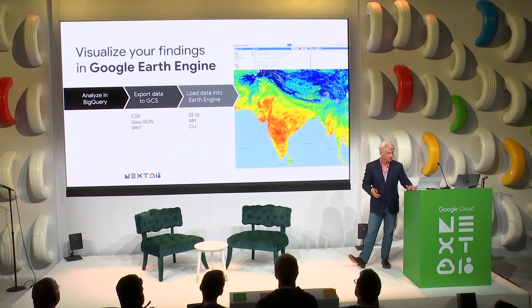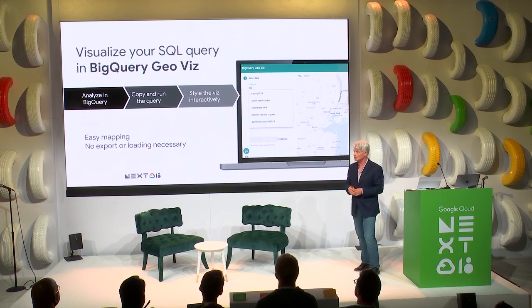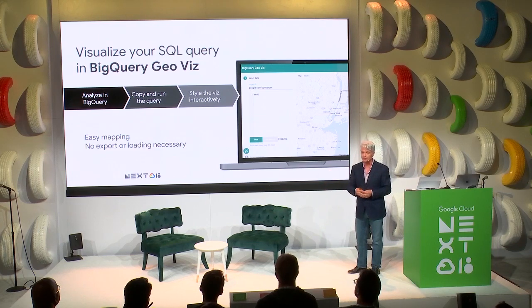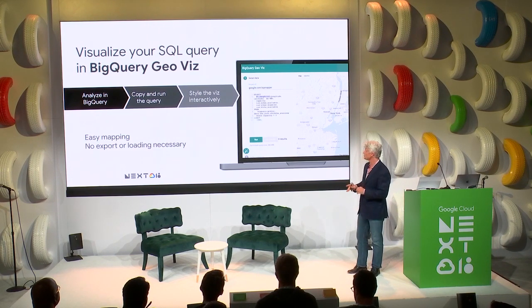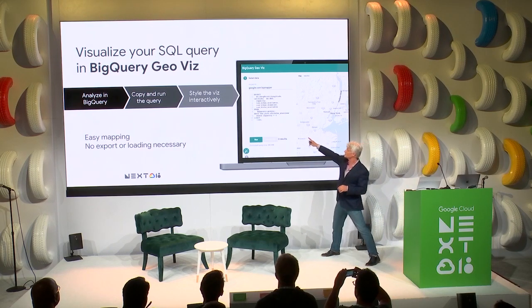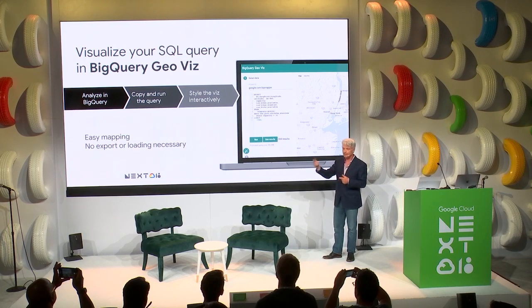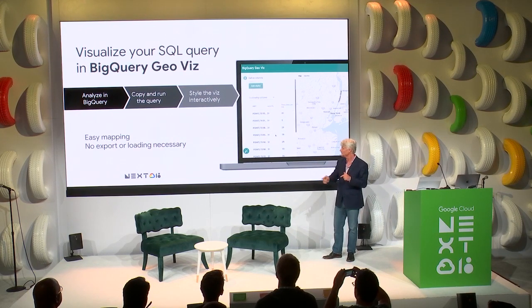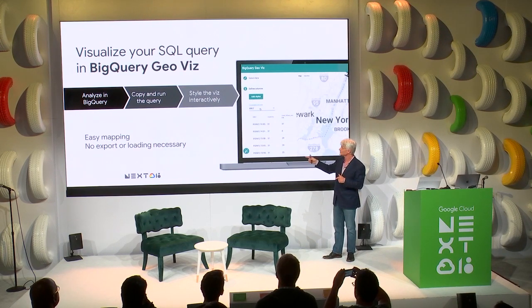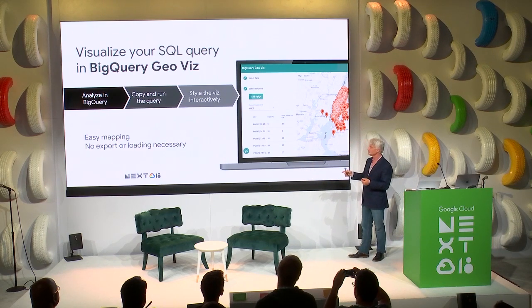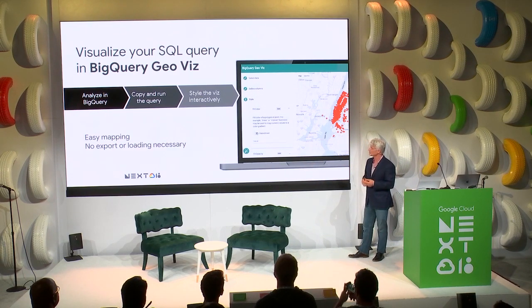And so to do that, we're actually launching to alpha as well BigQuery Geoviz, which is a lightweight mapping tool that you can use to compose a query here in the window, and then you run that query, and it calls BigQuery to run the query and populates the results here. You tell it which column you want to draw, and it drops it onto the map,